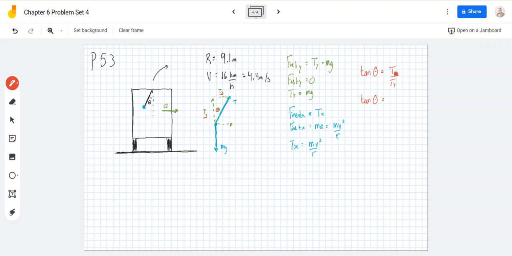But I have statements for each of those, like the Tx is mv squared over r, and the Ty is mg. The m's magically disappear, and you're left with v squared over rg. And so if you want to find the angle,